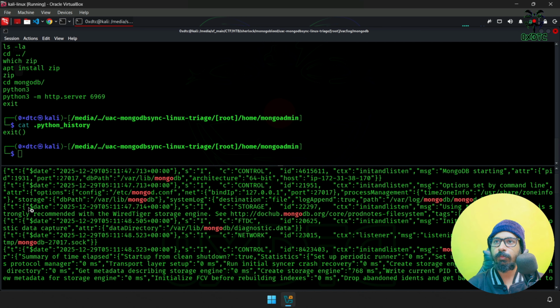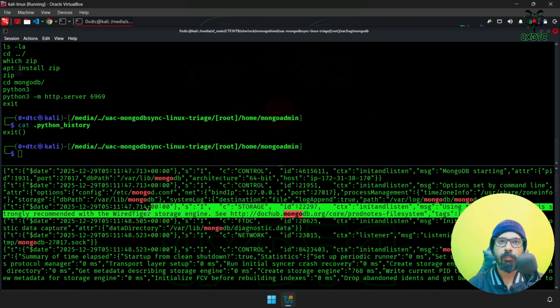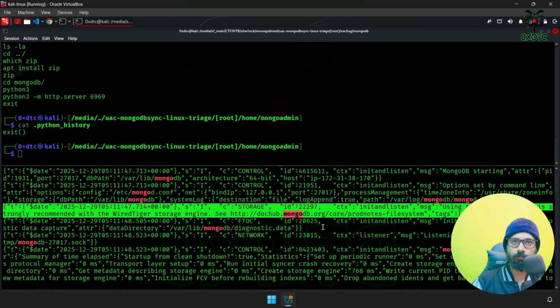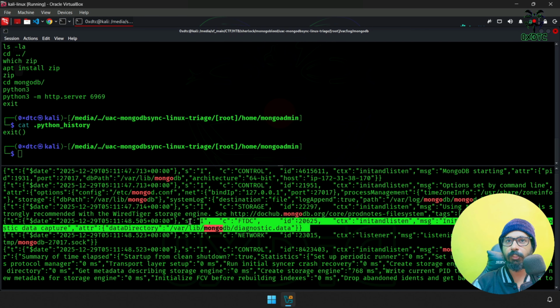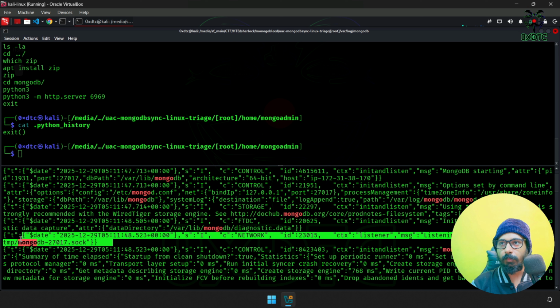Next, we have this line, storage, that's navigating to a certain document. Next, we have some initialization. Over here, we have listening on a socket. But where is the version? MongoDB starting. This is the only file I think we need to look into, but